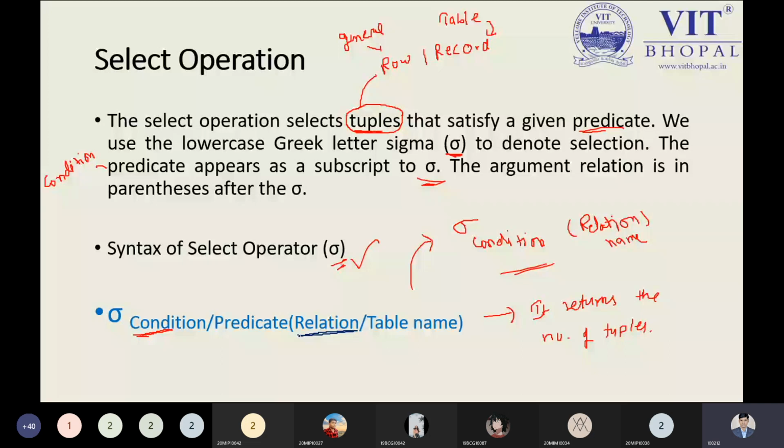When I need to select something, that is identified by a Greek letter in mathematics, which is sigma. A question we should have in our mind: sir, why are we using sigma, why are we not using the other thing? In any IDE, that is integrated development environment, if you are using a query in general English language, you use the select keyword, from keyword, where keyword; you are free to use anything. But practically speaking, with a compiler, let me explain all this properly, and you will be happy to know the answer.